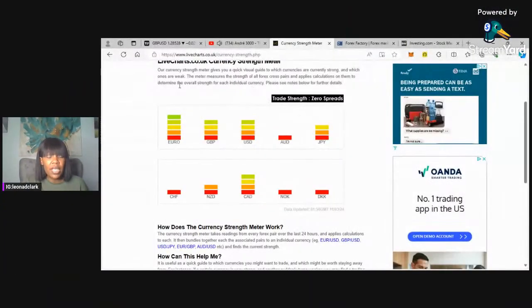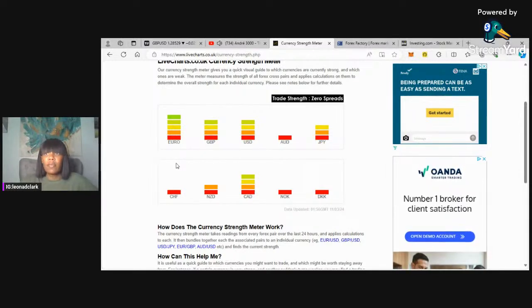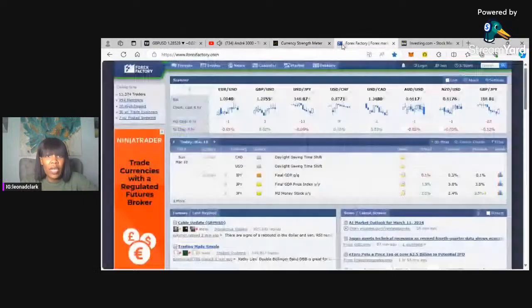So I already have my list. I have currency strength meter up. I have a total of 1, 2, 3, 4, 5, 6, 7, 8, 9, 10, 11, 12 pairs, as of right now, based off of this. I literally just did it right before I pressed the go live button. Okay, so next I'm going to FOREX Factory and I'm just gonna, what happened to my